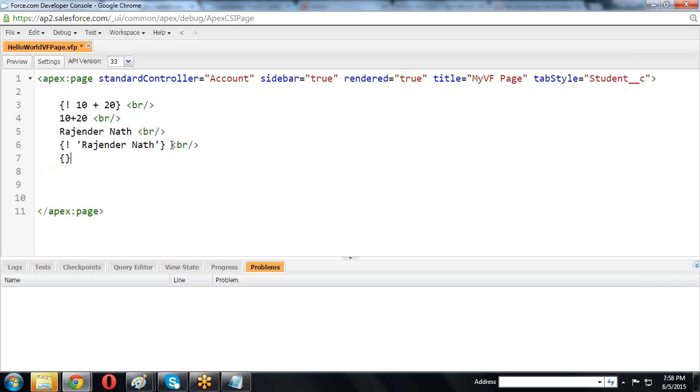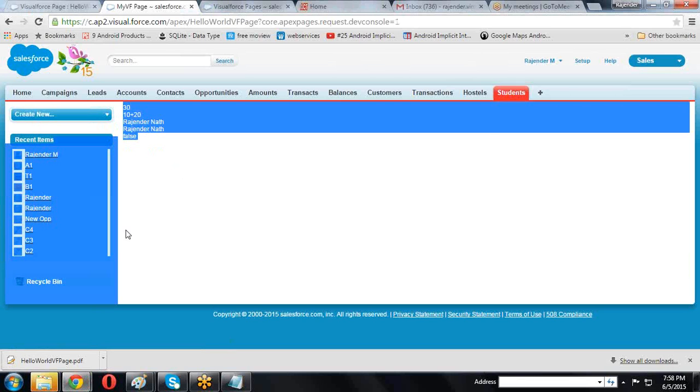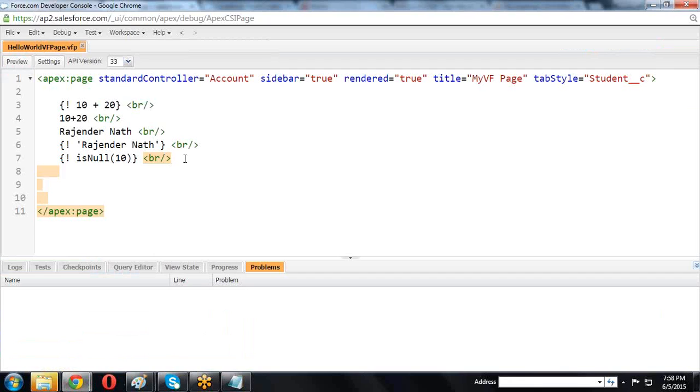One function I am taking: is null of 10. In this case, the output is false. Whenever we are saving, automatically it is executing, and that is false, because it is not a null value.